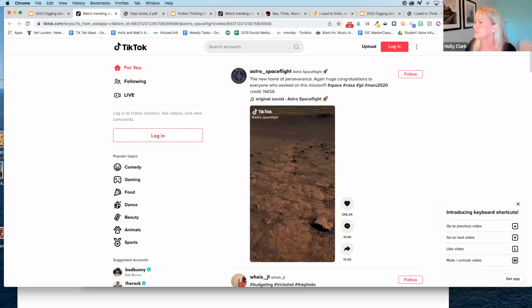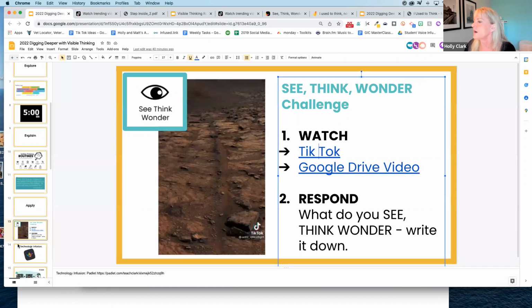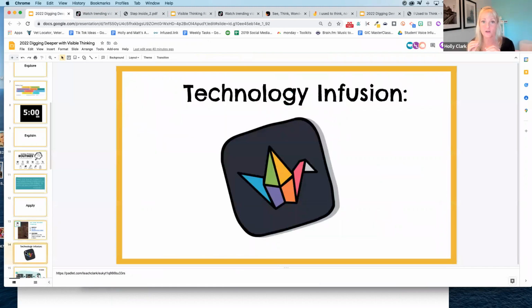So what we're going to do is, let me move back over here, we're going to now infuse technology. So you've experienced it in analog, and I don't have to tell you guys. I would go into this more if I were doing a PD at your school or something, but I would do the scenario of pass it forward and all of the things so people could see how limited that really is compared to what we're about to do. So with this technology infusion, we're going to use Padlet, which I always come back to. I do love this tool, despite how expensive it has become.